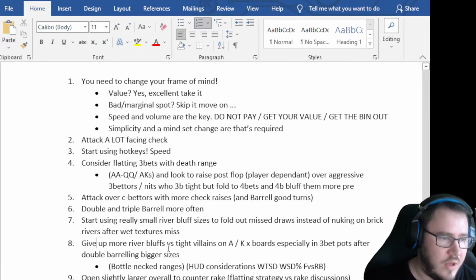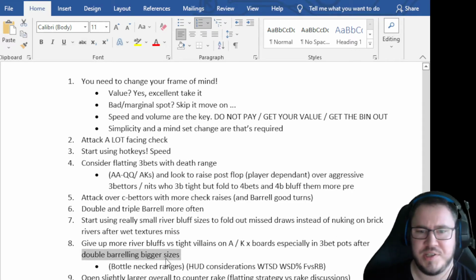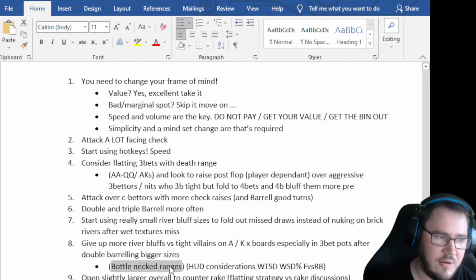Giving up more river, we've already gone over this one. I'll say it, but we've already gone over it. It's giving up more river bluffs versus type villains on ace/king X boards, especially in 3-bet pots after double barrel in bigger sizes. We've already said that, so I won't say it again. Generalization,